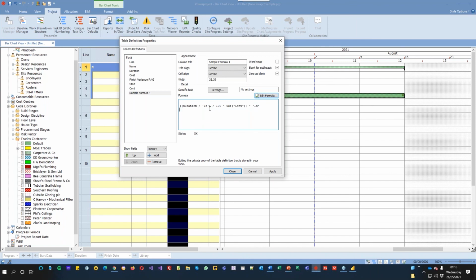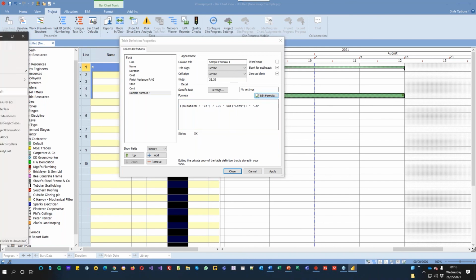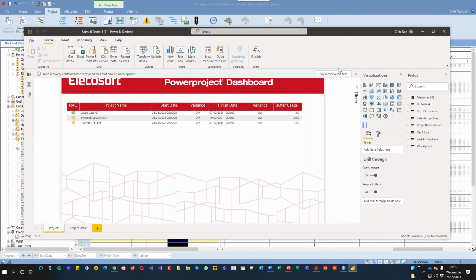So for example, this contingency, which in other systems you may not be able to do, or may have to use calculations inside the dashboard side. Here you could have an actual field that goes out straight to a report called contingency, and it gives you a duration in there. And then with that information, you can build upon that to create different